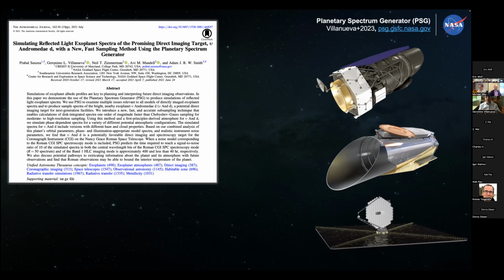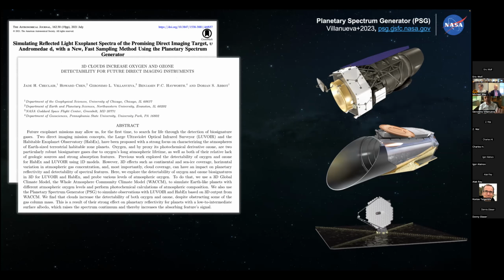So I recommend you learn about coronagraphy with the one-dimensional code first. Make sure that you replicate some of these papers and then move to the 3D scenario and see how the numbers change. But I definitely recommend you start with the 1D case here. This paper by Jade is actually, for me,